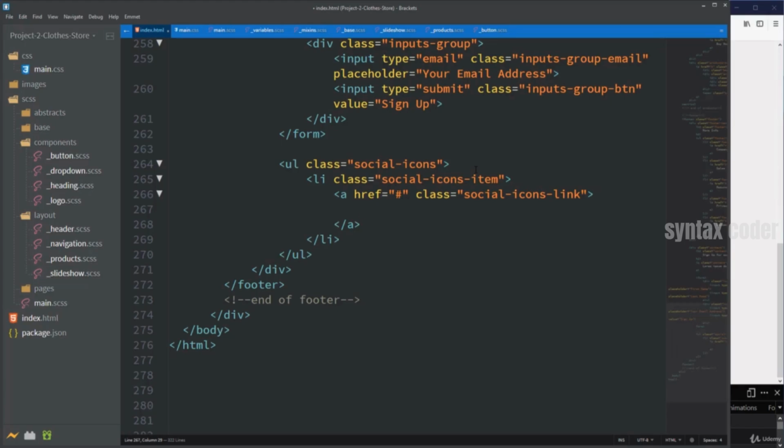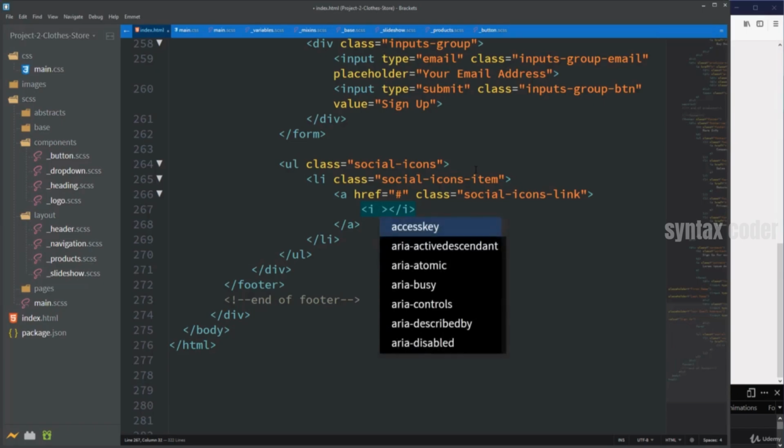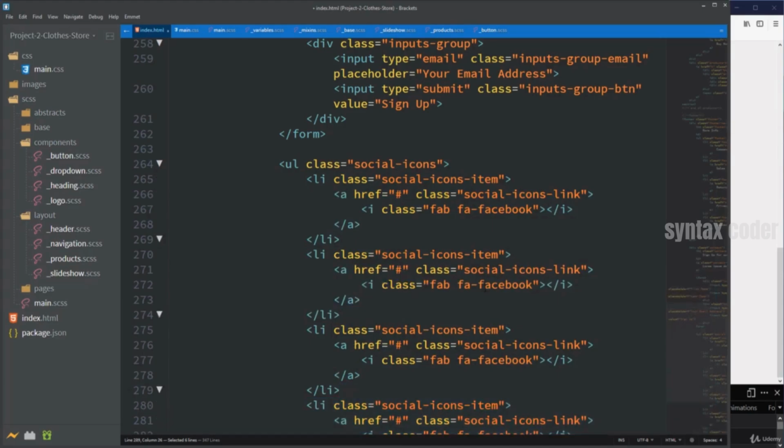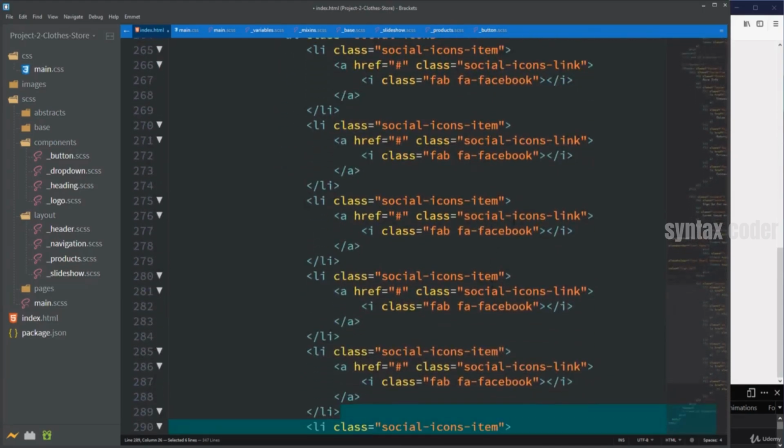And now we have to insert here icon itself. For that, let's open I element and assign to it classes FAB, FA, Facebook. Alright, overall we will have 6 icons, so let's duplicate li element 5 times, and then go ahead and change